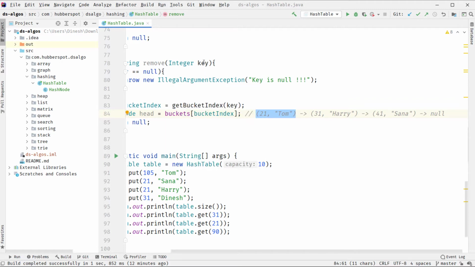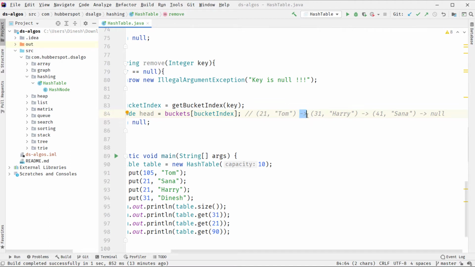So let's say we want to remove the key 31 and head is pointing to this. First we will search for our key by traversing head to each and every node. And if we find the key, let's say we find the key 31, somehow we need to access the previous hash node because this link needs to be removed in order to free this node.